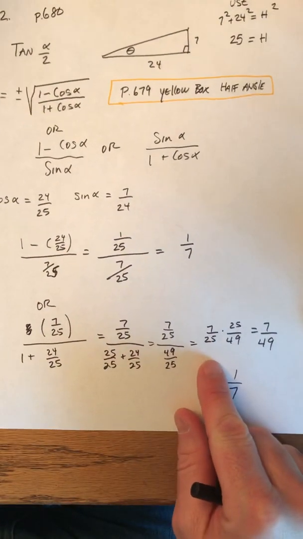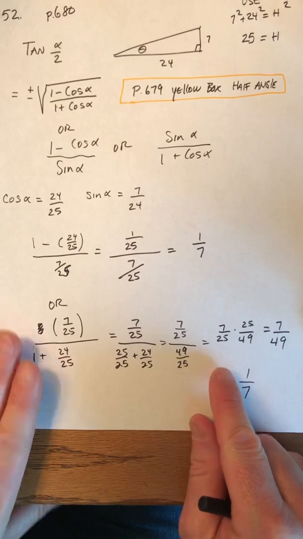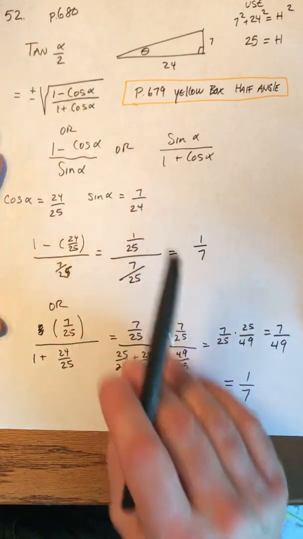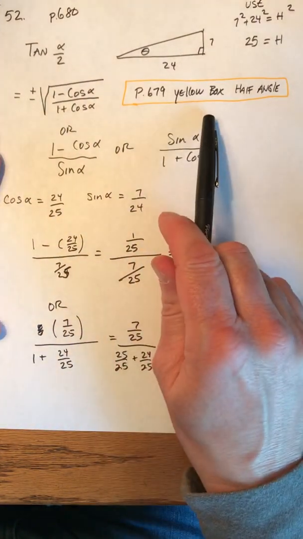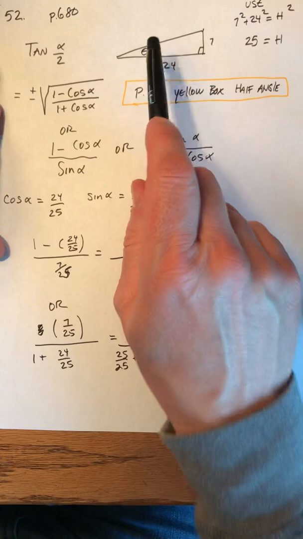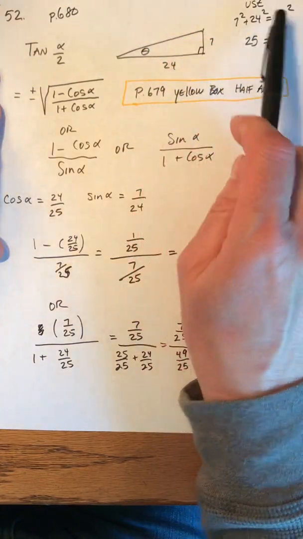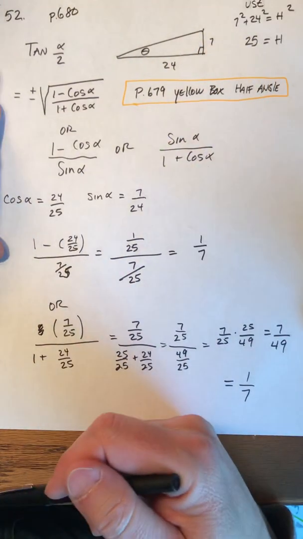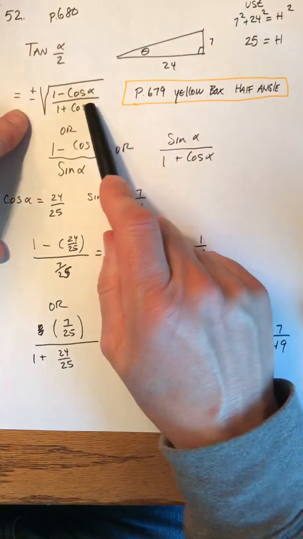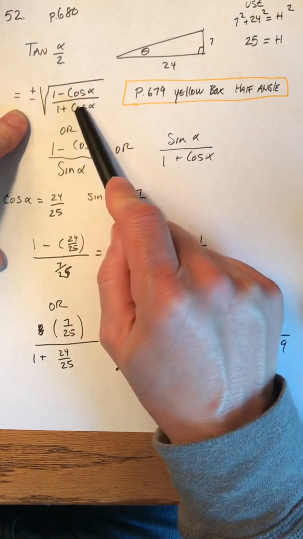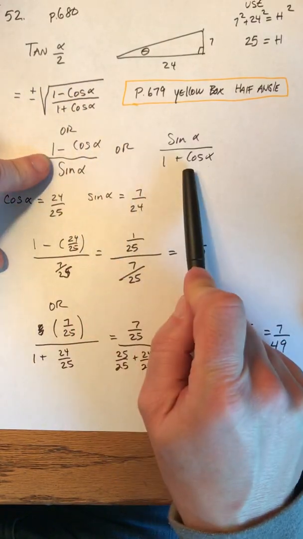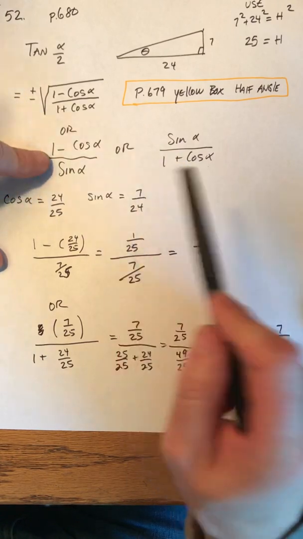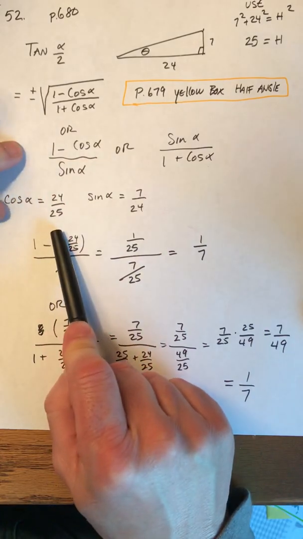I also thought we would do something like this. Now, this is a half-angle formula. So if it's a half-angle formula, I need to use those half-angle formulas, which are also in that yellow box. The thing is, again, they have a missing side, so you just use the Pythagorean theorem to find out that the missing side, the hypotenuse, comes out to be 25. I didn't use this formula because I thought the other two forms might be easier. Maybe not. It's inside a square root, but if you did this formula and plugged in, check it out,